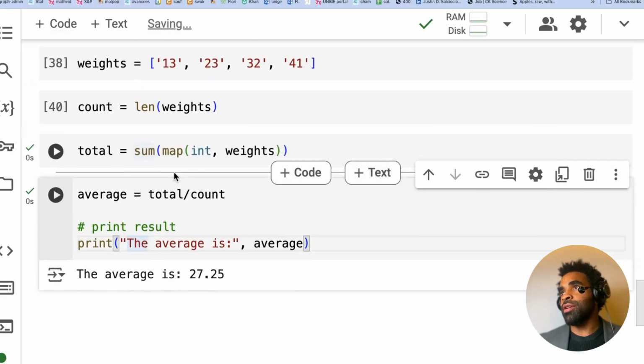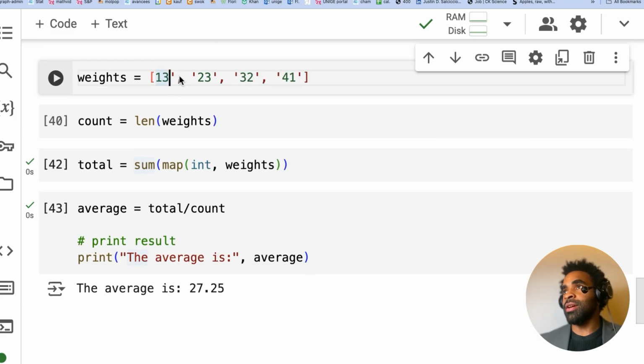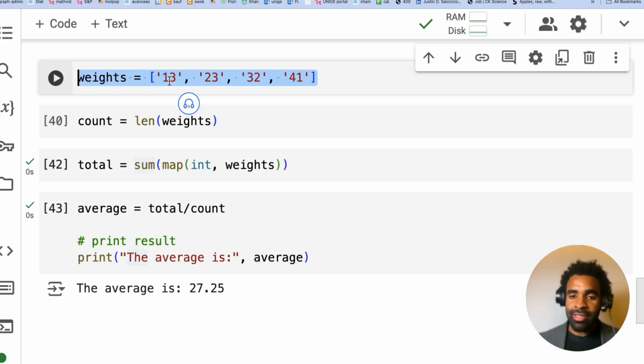Now, of course, in theory, in this case, you could just delete the quotation marks from here and turn them into integers that way. But ChatGPT is being intelligent and assuming that there's some reason why these are originally in strings. There's a lot more to say about AI and programming and data science, but we'll try to keep this short. As we move through the course, we'll keep introducing principles and guidelines for working with these models.